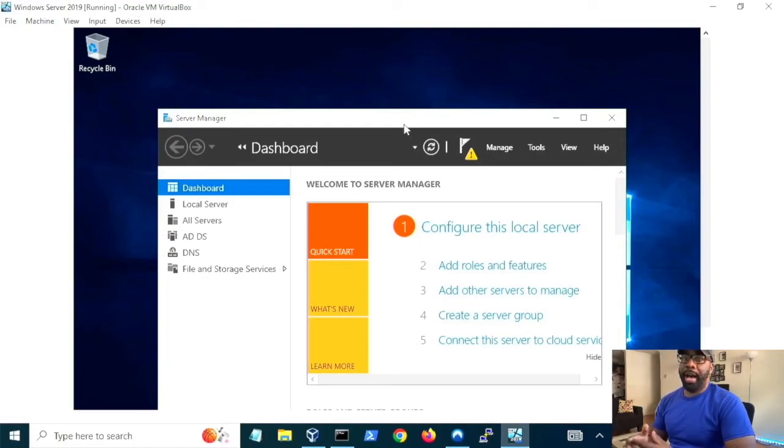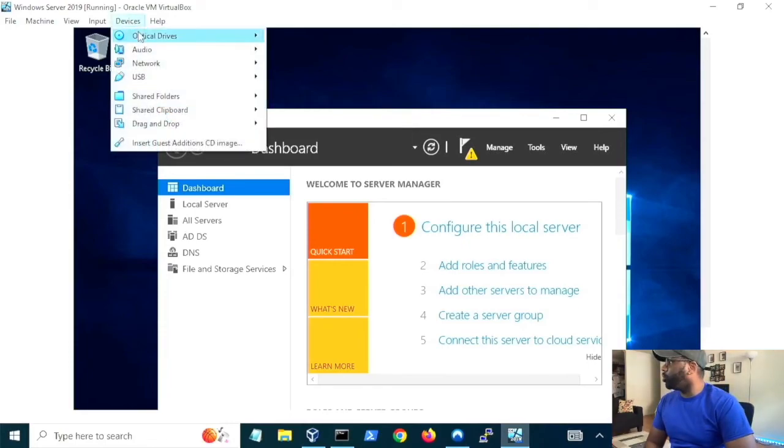by no means do you have to download a separate ISO for your Windows 10, right? You can use your Windows 10 device that you're installing all this stuff on. So you install VirtualBox, then you install Windows Server on top of that. But what you have running under all of that is a Windows 10 machine. You can just simply create another local account on your Windows 10 device, and just do what I'm doing and join the domain that's on your Windows Server with your Windows 10 machine. And how you do that is you use the bridged adapter